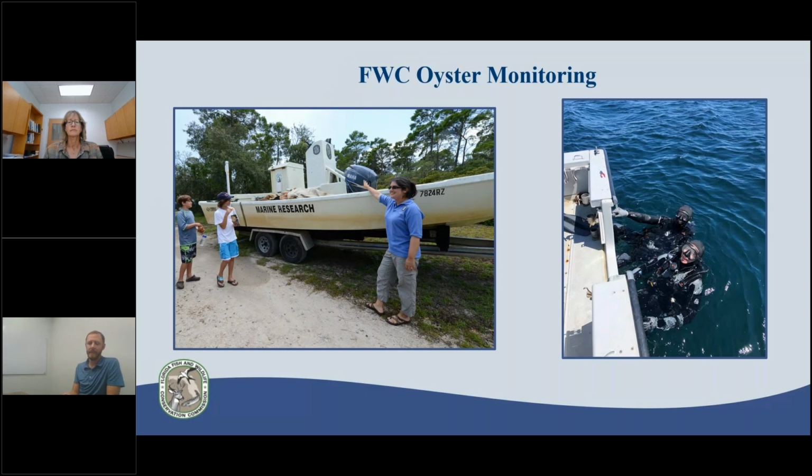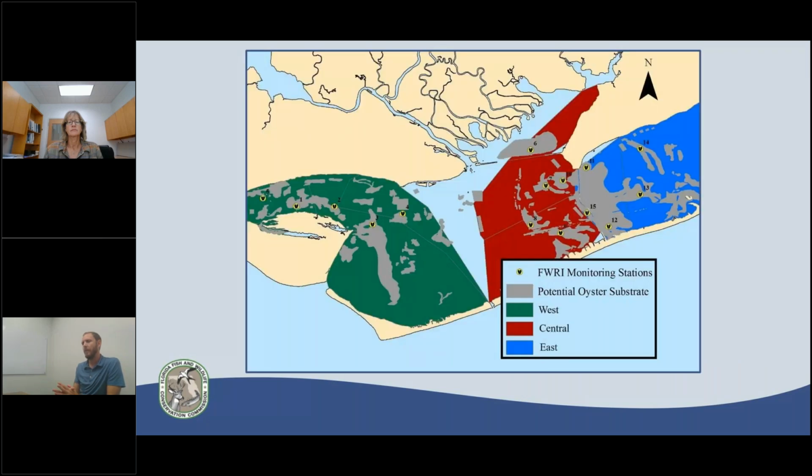But a lot of the data gathering is done by FWC's research branch, the Fish and Wildlife Research Institute, or FWRI. We have a field office tucked away in East Point. So they are the primary staffers that are gathering a lot of this data. So we really break the bay into 3 different areas where we take a lot of data gathering. We have a lot of monitoring stations,